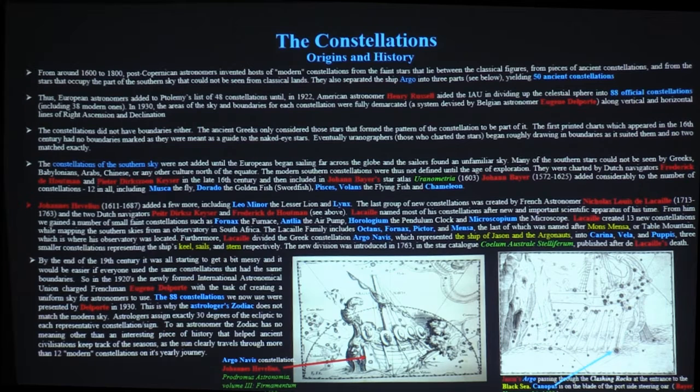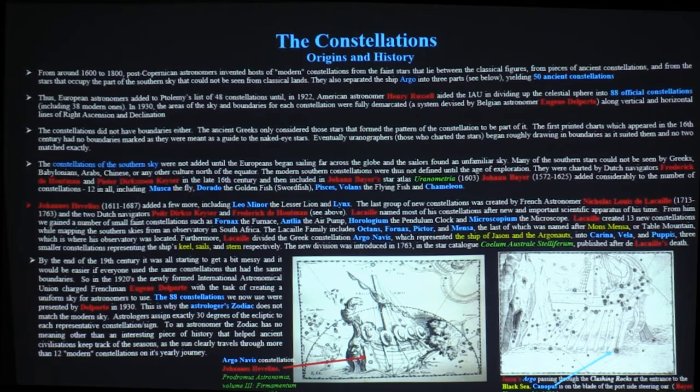So, anyway, back to this. We'll come back to Delporte in a moment, who worked for the International Astronomical Union and actually framed all the constellations correctly, their coordinates and so on, and their boundaries. But the constellations of the southern sky were not really discovered until you had this age of exploration. From the Babylonians, Arabs and Chinese, or any other culture north of the equator, these southern constellations weren't visible. But as soon as you had people exploring, here are a couple of Dutch explorers, Houtman and Keyser, they actually catalogued some stars.